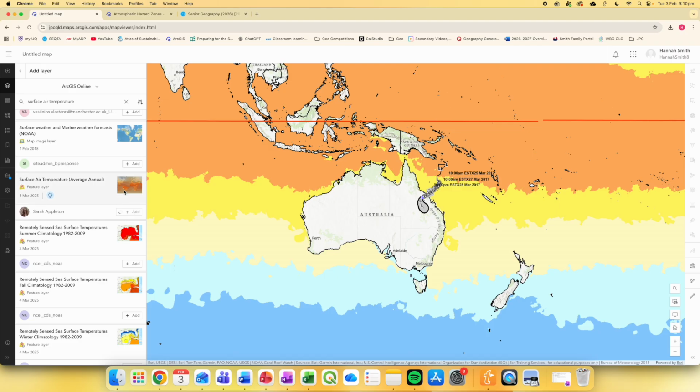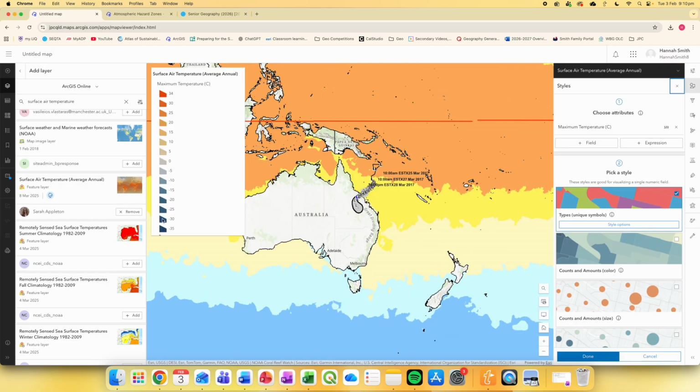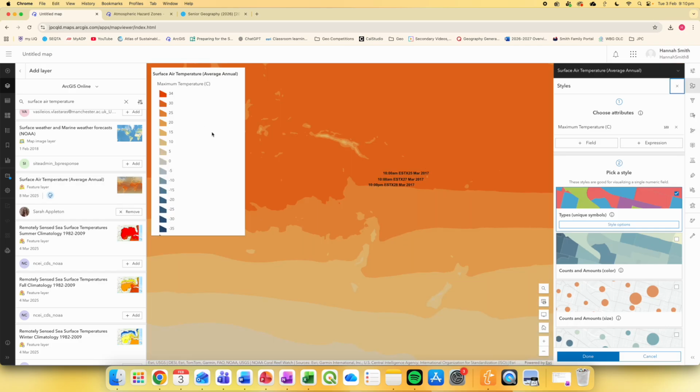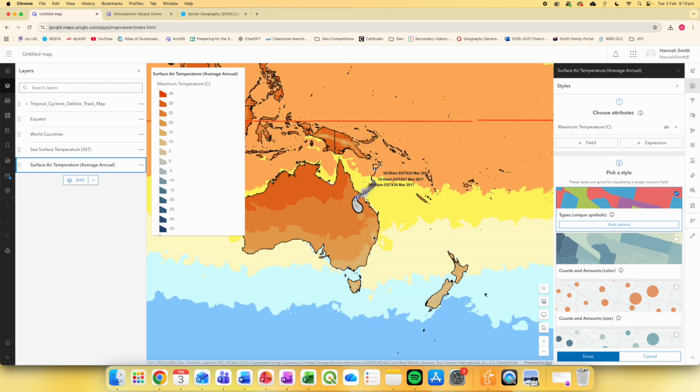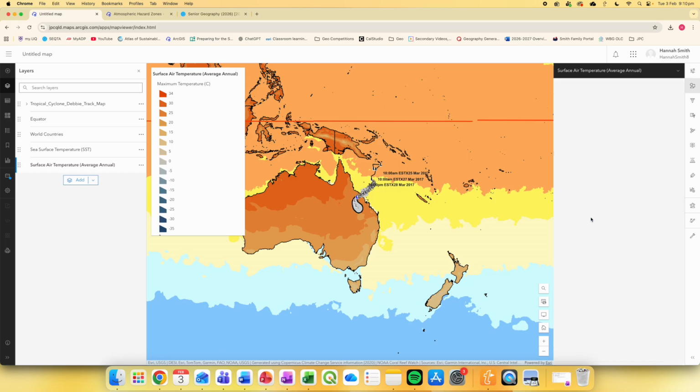When you add the layer, you can actually just leave it the way that it is if you like, and then just drag it down to the very bottom, and that way you can still see what the temperature is. If you want to change any of those colors, you just click on style options,